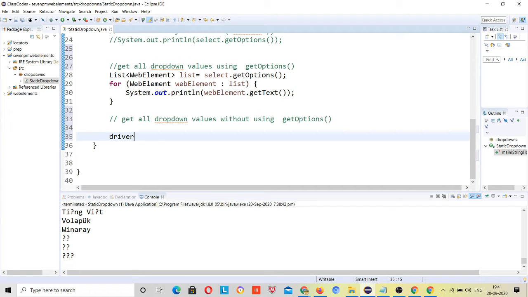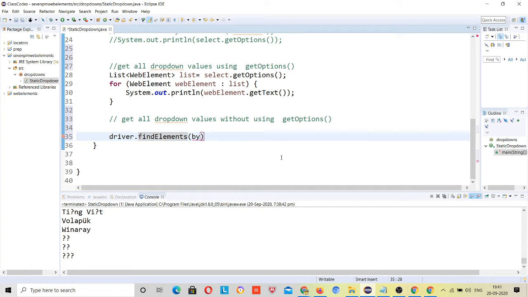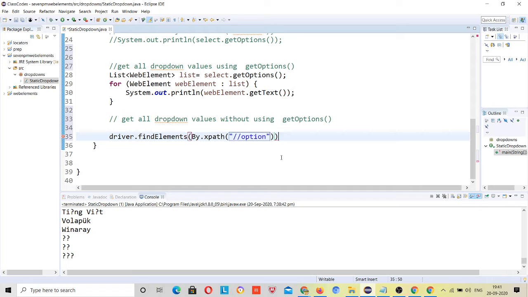Driver dot. Now instead of using find element, use find elements, right? Why? Because you have multiple web elements with the same locator, right? That's why I'm using find elements. And same process, store inside a list, because you are getting multiple elements this time, not a single one.